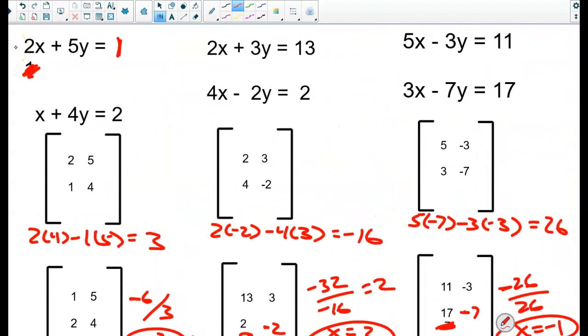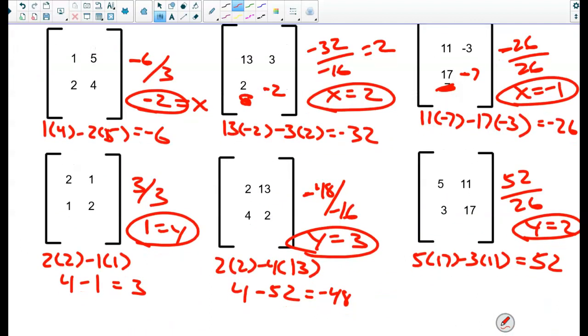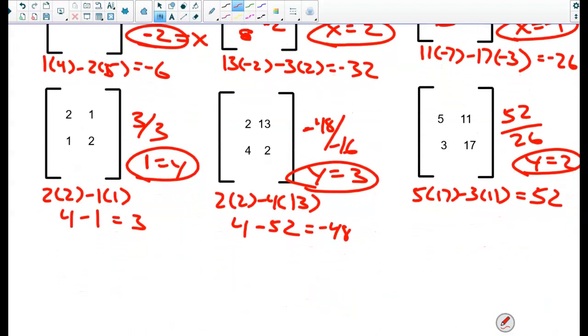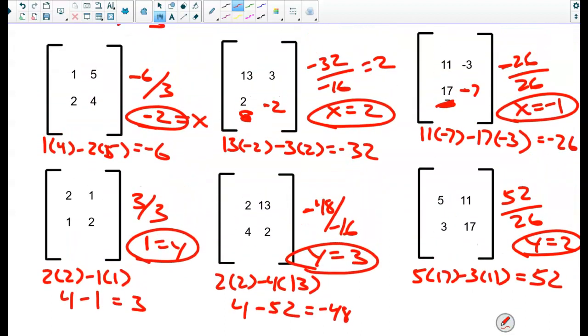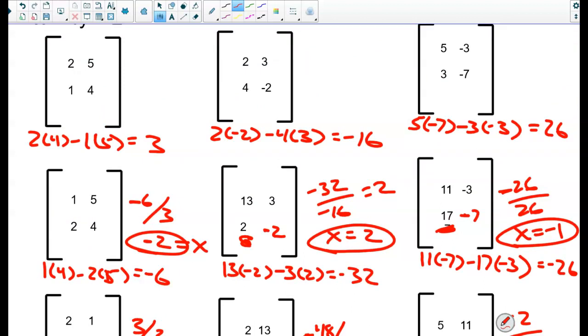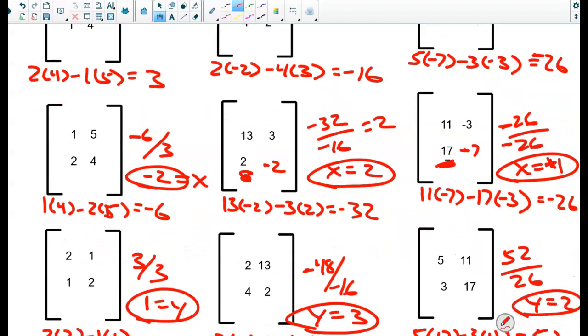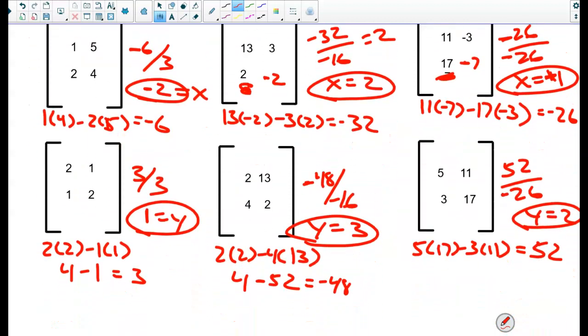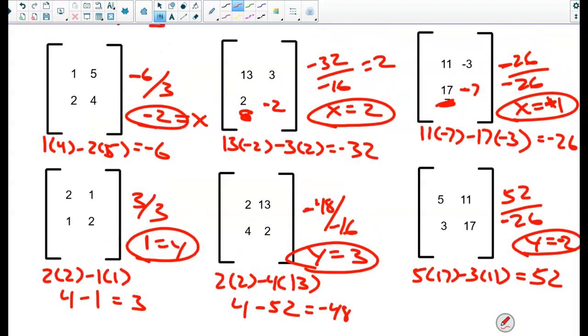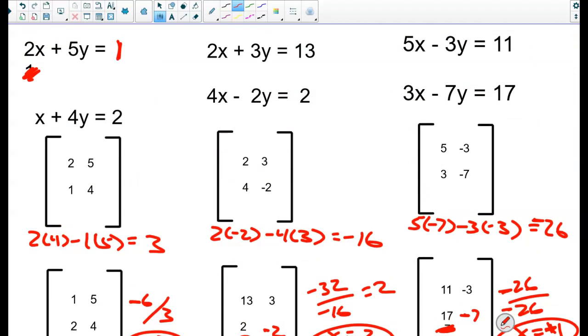X equals negative 1, y equals... Sorry, I apologize. I have to fix this here. Negative 35 minus a negative 9 is a negative 26. So that makes this a positive 1. So my x is actually 1. And now as I fix this, my negative 26, my y becomes negative 2. So my answer is actually x is 1, y is negative 2. I apologize for the earlier mistake. So 5 times 1 is 5, negative